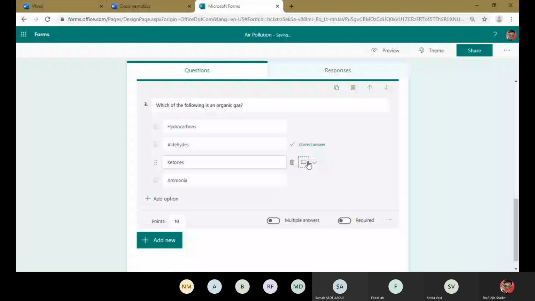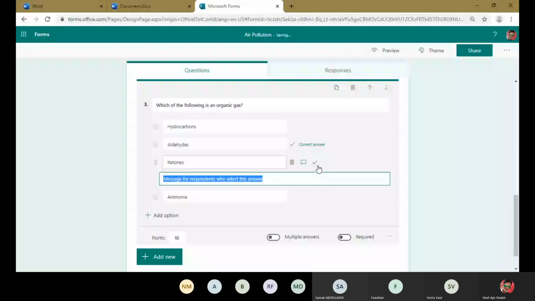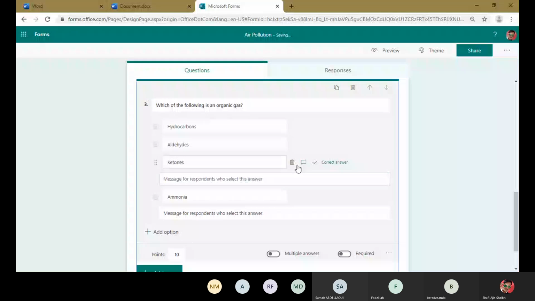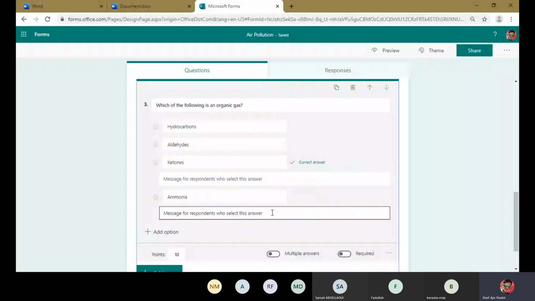And if you see, there is an option for a message for the respondent who selects this answer.